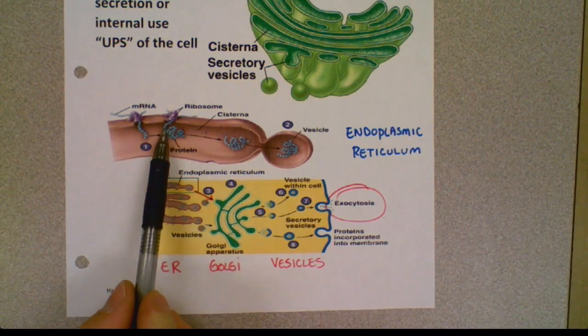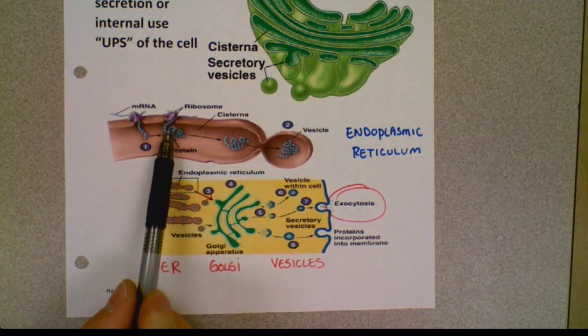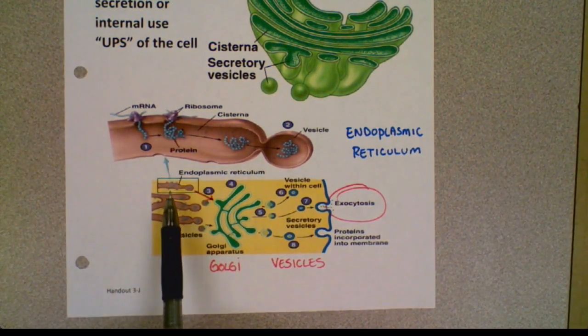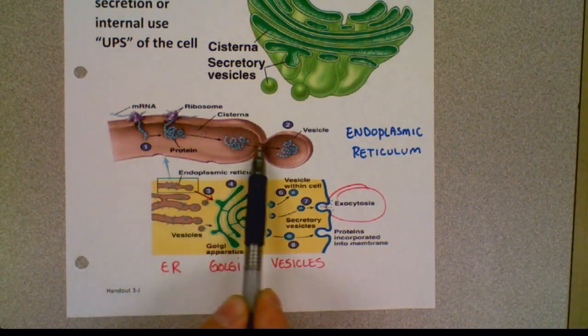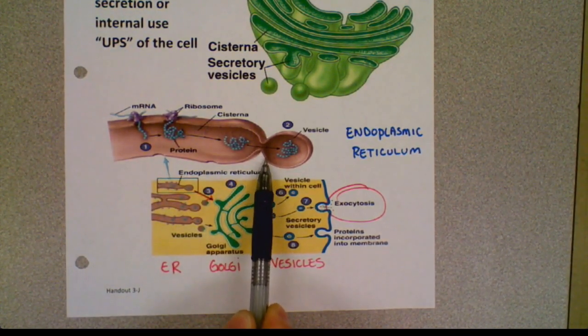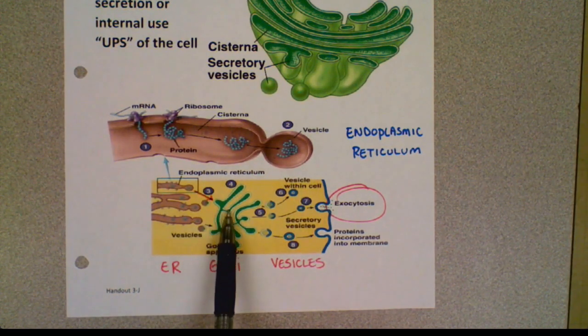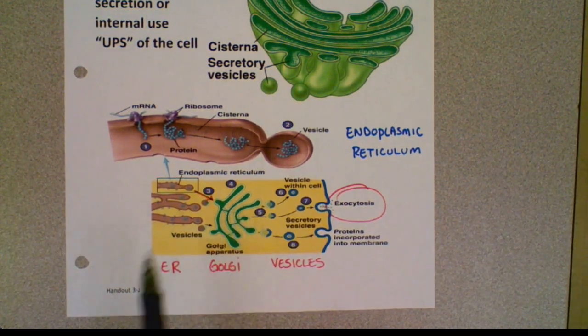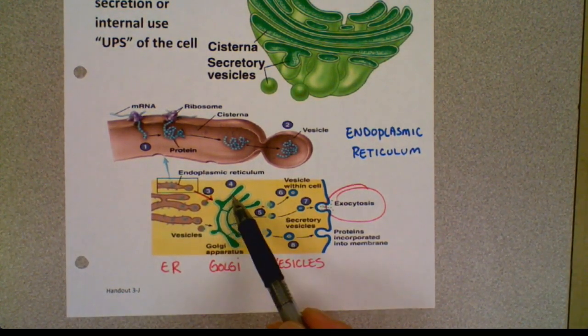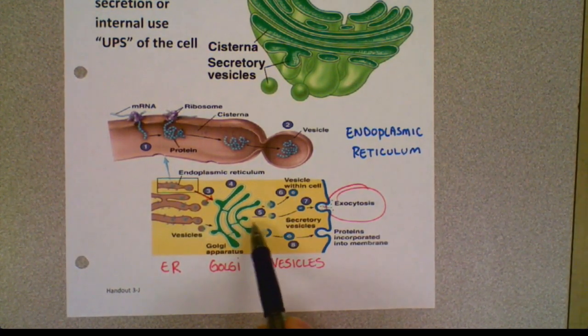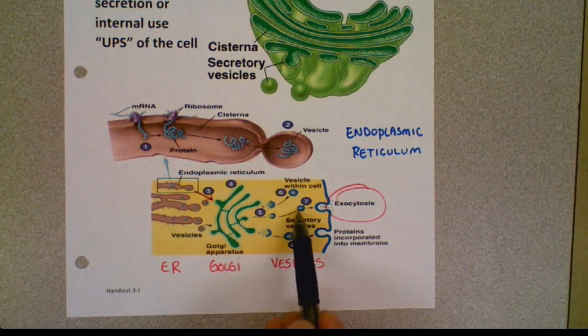These proteins are being created. The proteins are made in this endoplasmic reticulum. Then they can be packaged up in a vesicle that is then shipped to the Golgi apparatus. The Golgi apparatus is then going to modify it, kind of prepare it, package it up into a vesicle, and then ship it out of the cell